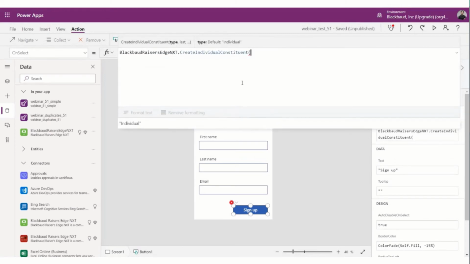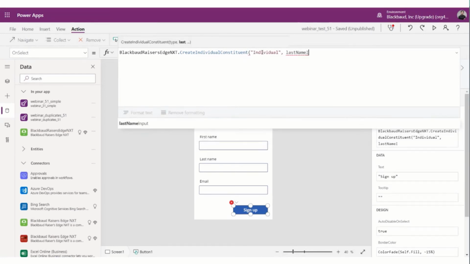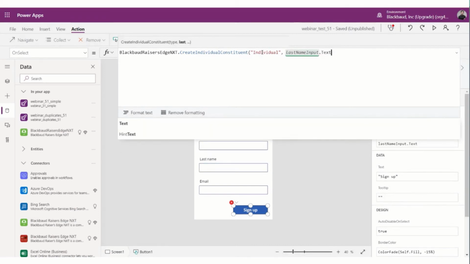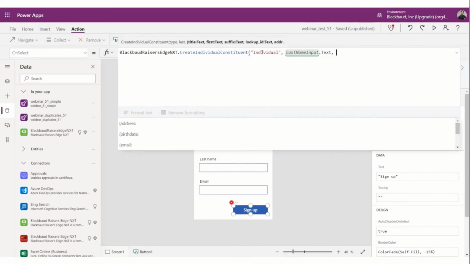And now we're going to have to give it some information first. And this format is going to look a little bit different. Let me fill it out and then I'll explain why. Individual, last name, input.text. And then we pass in a bunch of other information.